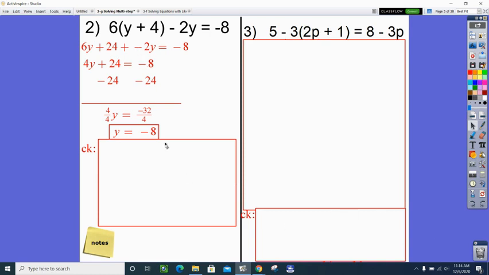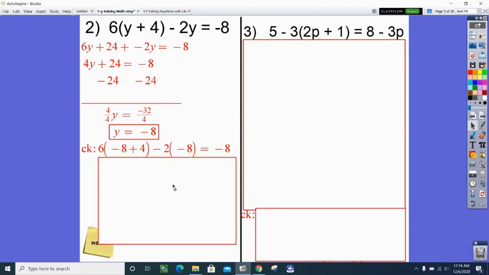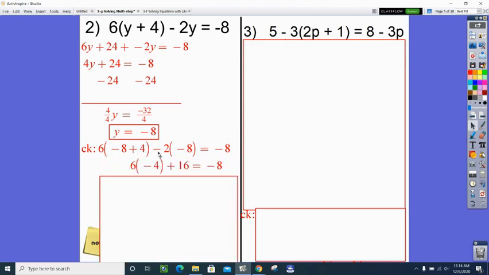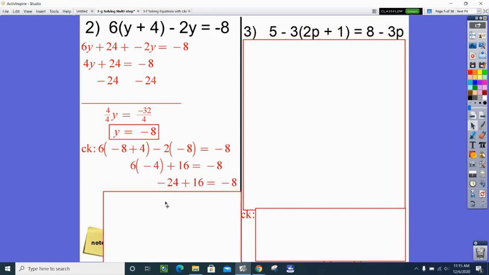Alrighty, we're going to put that back up in the 2 spots up above. Going to do PEMDAS. So I'm going to take negative 8 plus 4. I think it's negative 4. I'll check it in the calculator, and I'm right. Now, over here, a negative times a negative gives you a positive. And if you need to change that to plus a negative to see that, you know you can do that. The same change idea. And 6 times negative 4 is negative 24, and negative 24 plus 16 makes me a